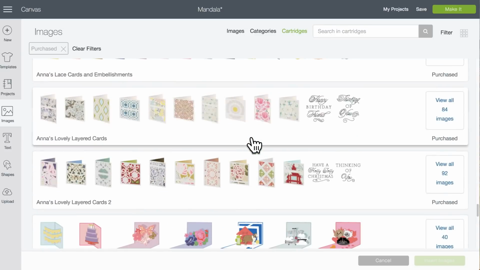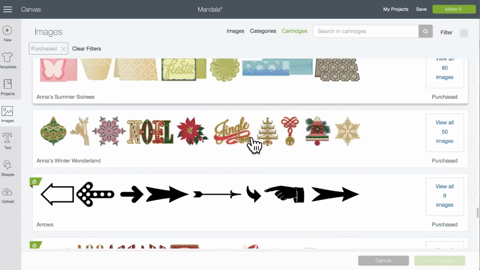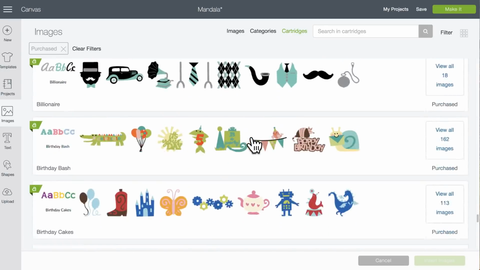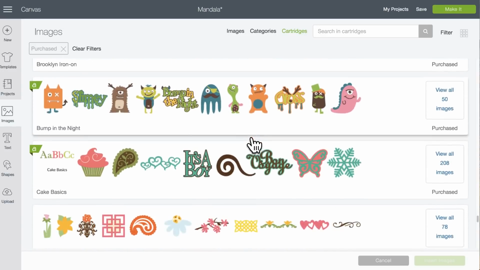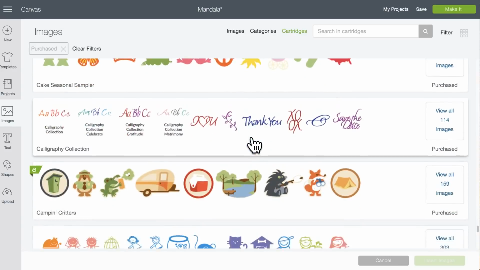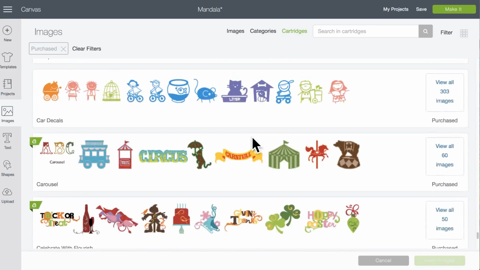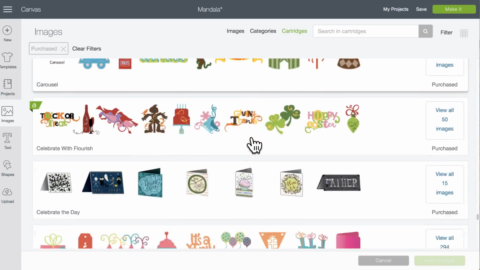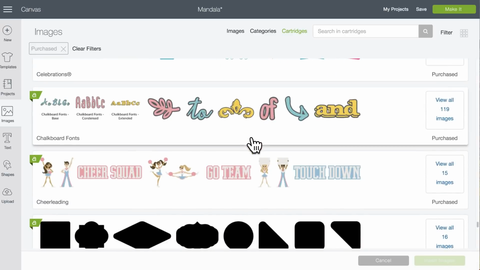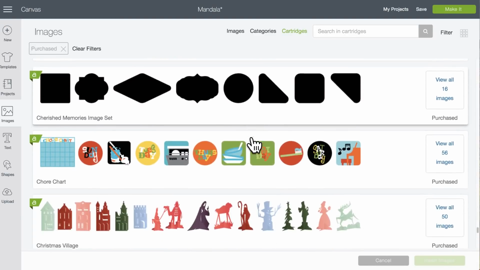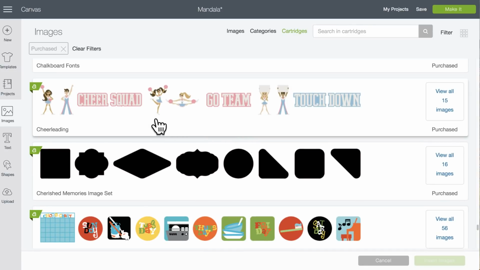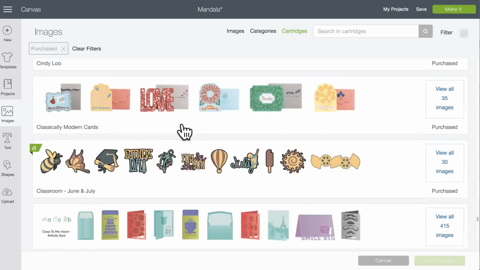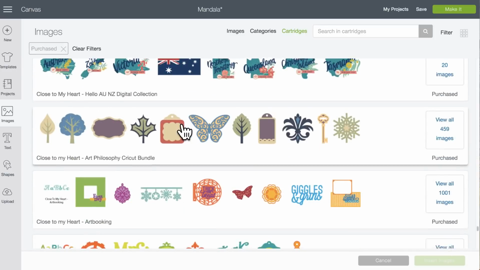I have hundreds of cartridges from buying them on clearance, or if they were on sale, I would buy them. I have premium access, so I get 50% off all the digital sets. But if you're new to Cricut Design Space and you haven't bought a lot of digital sets, did you guys even know there's a cheerleading one? You won't have this many,